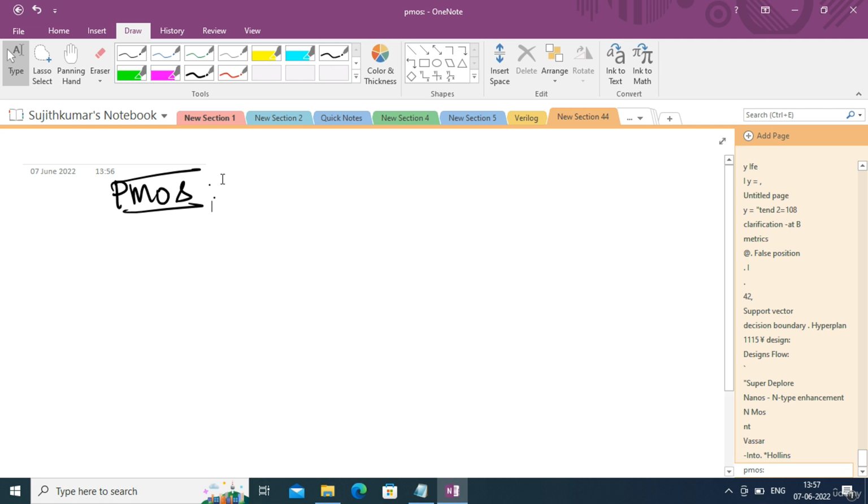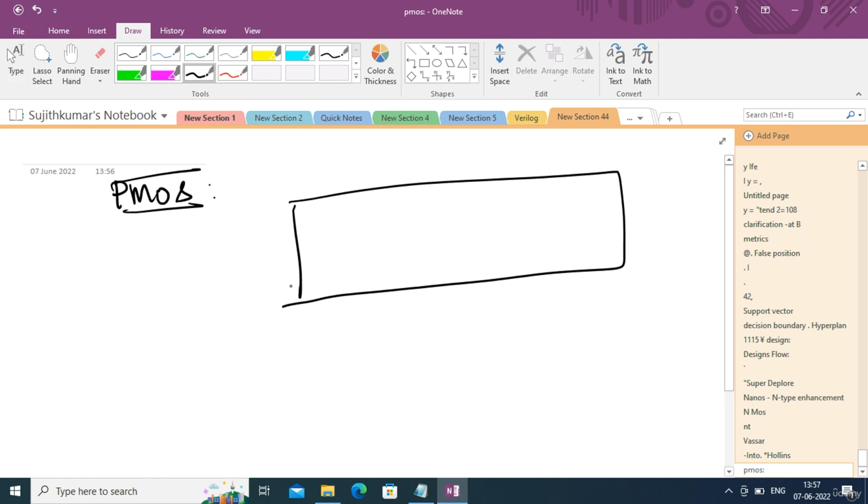There is no channel. We applied a voltage called VGS, which will attract the negative charges from the substrate, and it will make the channel, right? Then if you apply VDS, the conduction will happen. Here also the same case. There is PMOS, whose symbol, before drawing the symbol, let me draw the cross section of PMOS, where you will have the P plus active regions. Okay, then this is nothing but an N substrate,